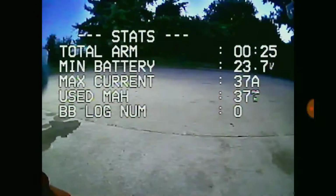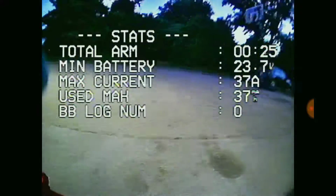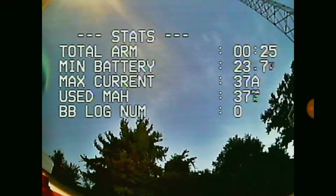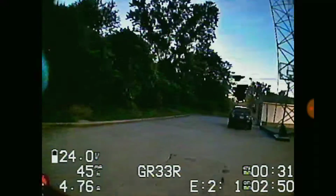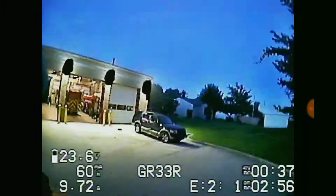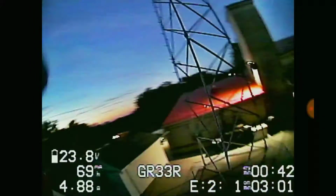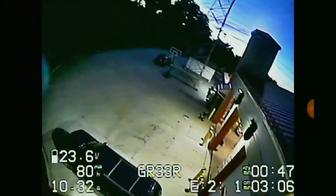Check the motors. They are cool to the touch. So they aren't working hard at all. That's excellent. So I'm gonna turn the brightness up on my goggles and do a little bit of flying around, see how she feels. And these are just 50-40 props. I didn't bump my wattage up on my video transmitter, so